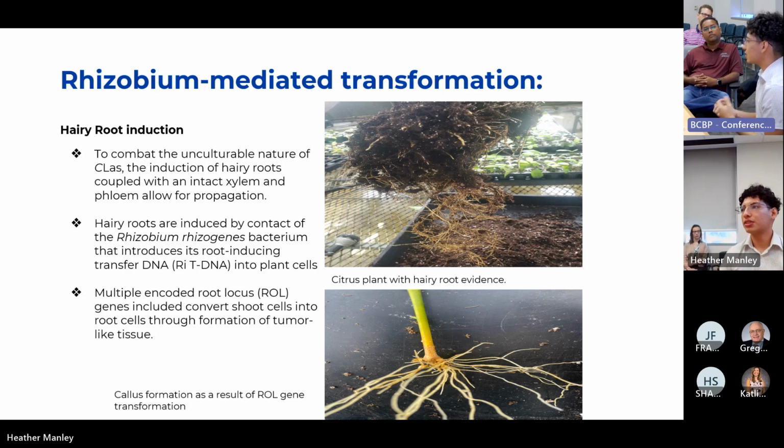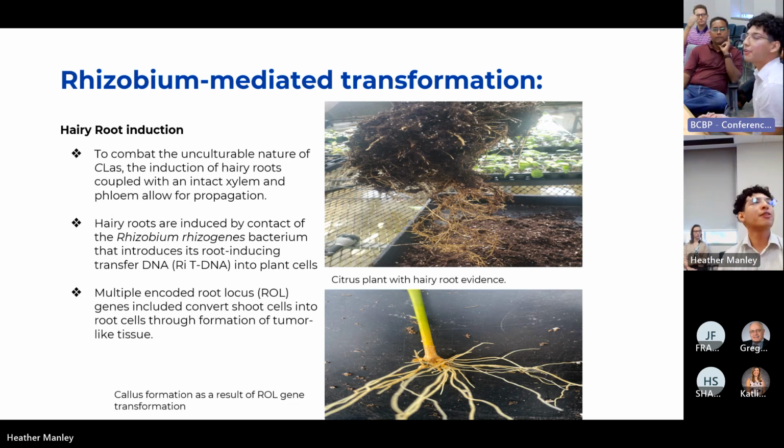Since plant cells are so malleable and efficient at being changed from stem cells to specific cells that work for specific things, you can inoculate the plant at, let's say, the bottom portion of a branch, and the inoculation of a bacterium known as Rhizobium rhizogenes ends up introducing its transfer DNA, root-inducing transfer DNA specifically, and that causes the plant cells in that area to take up the gene and